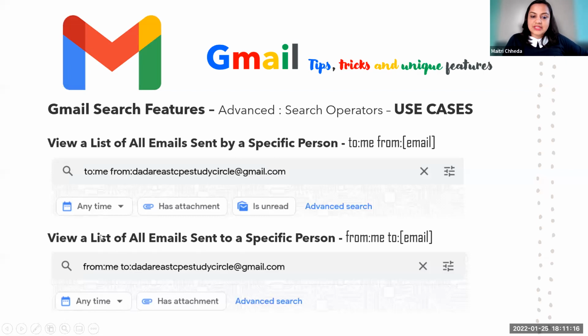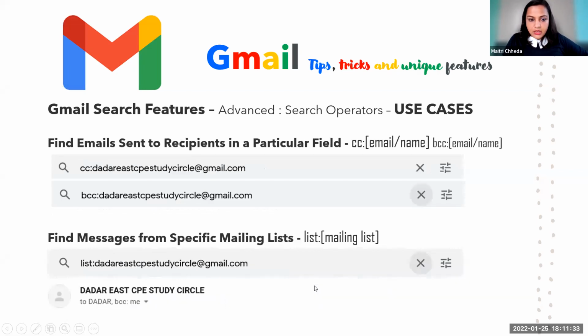Then if I have sent it to somebody, so from me to a specific email, from me to CP Study Circle. And then again you have the standard advanced search options which are available to you. Post that, if you want to find the CC and BCC, sent in a particular field.